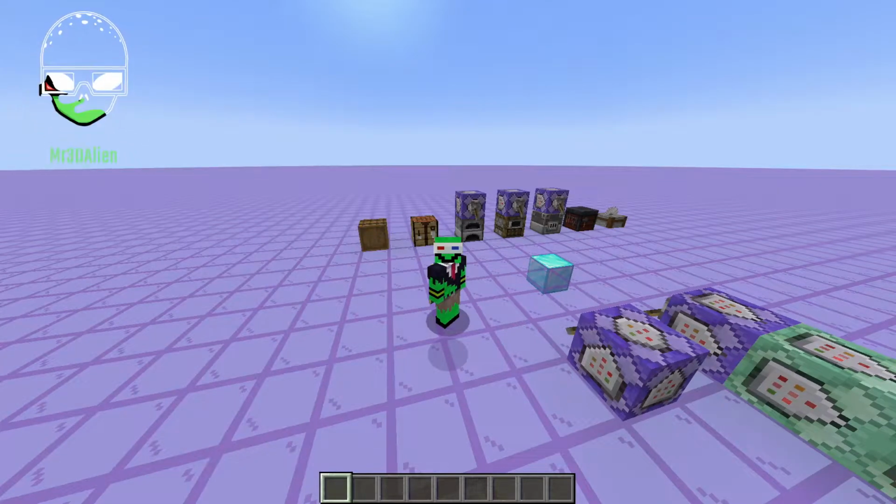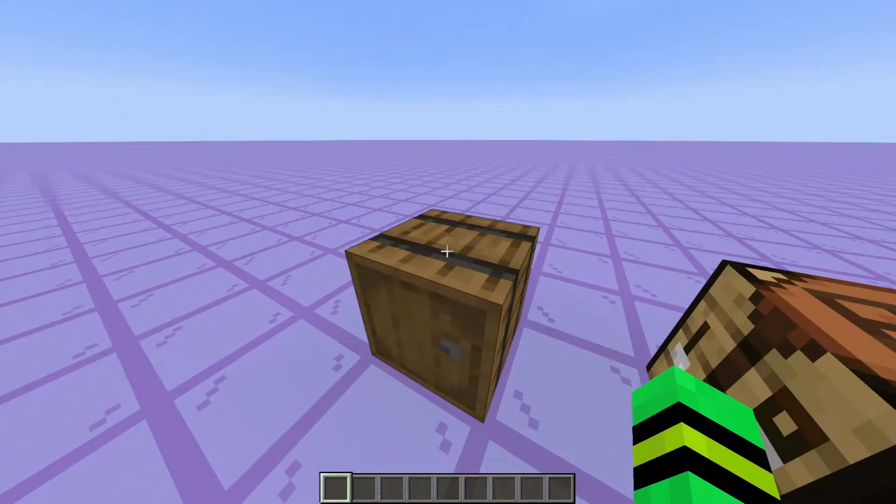Hello, this is Mr. 3Delian, and in this video I want to show you how you can add custom NBT crafting to your data pack. I have not watched any tutorial beforehand, but I know how the system works, and I made a data pack myself with two different methods on how you can do this. I don't know if other data packs do it exactly the same, but it should be kind of the same. So yeah, anyways,